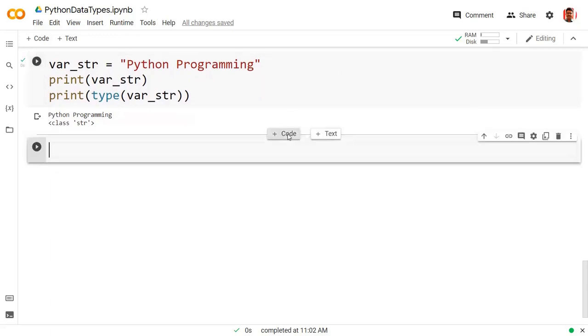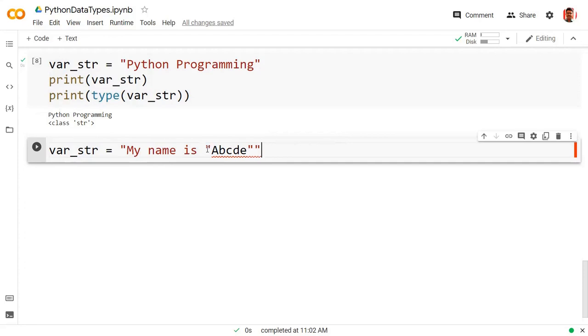Suppose I have one string, my name is... okay. So this is my name. Now, if I use double quotes outside my string, then this will be one string and the second one will be this one.